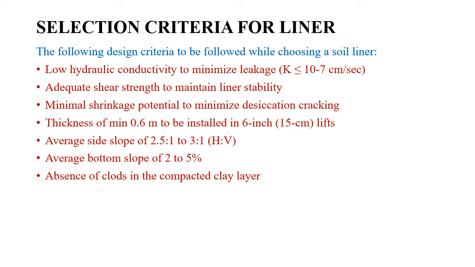Most importantly, the liner material should have lower hydraulic conductivity to minimize the leakage of the leachate. Preferably the permeability of that liner material should be less than 10 raised to minus 7 centimeter per second. Then the other thing is that it has to have adequate shear strength to maintain the